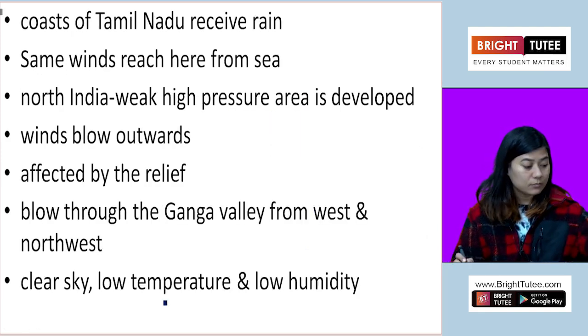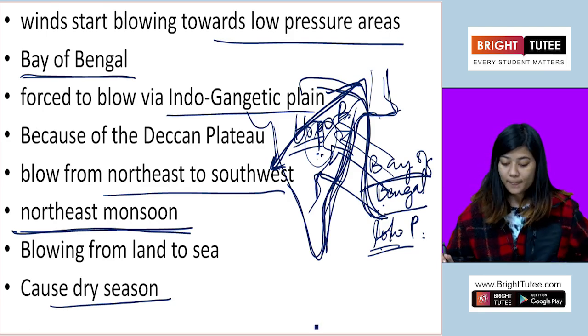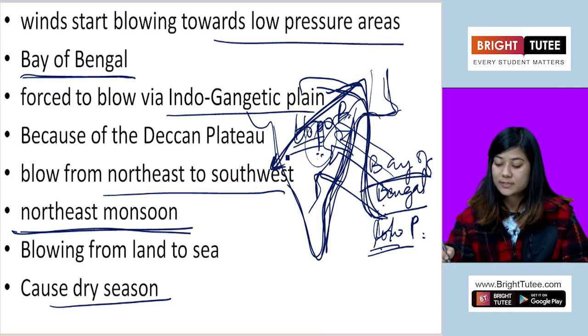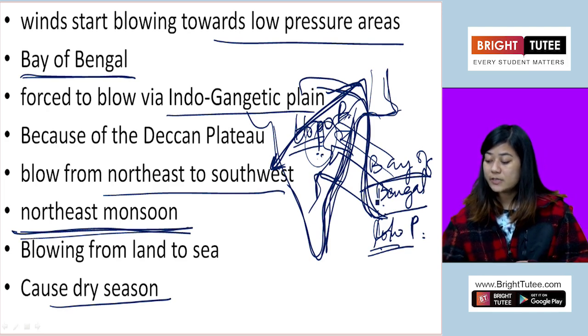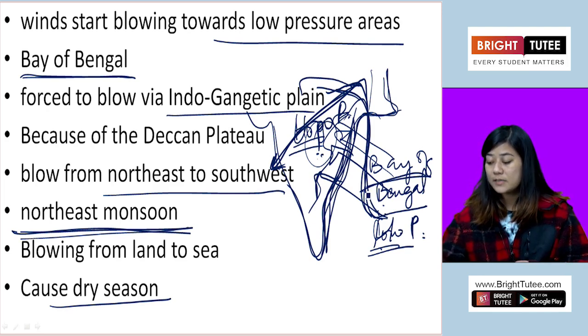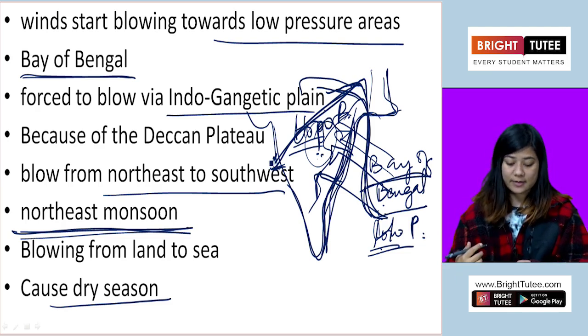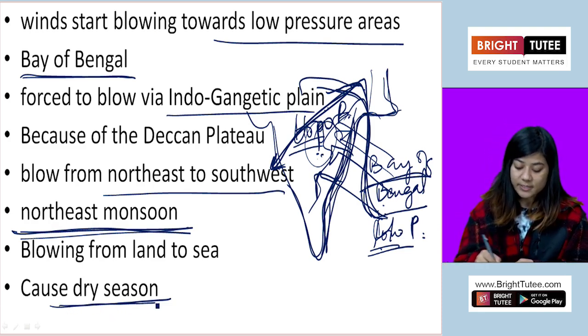okay. Now, this wind which blows from the Bay of Bengal in the northeast direction and then again blows towards the southwest direction, this wind is called the northeast monsoon. Now this northeast monsoon, as you can see, first blows from sea to land and then from land to sea back again, okay. Now when it blows from land to sea in the southwest direction, then it causes a